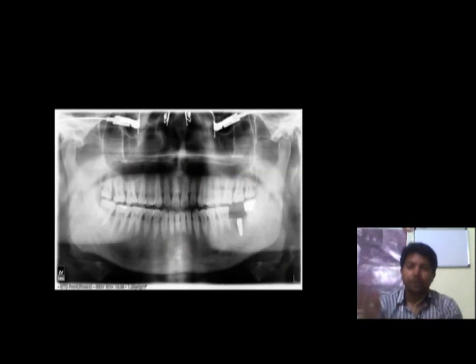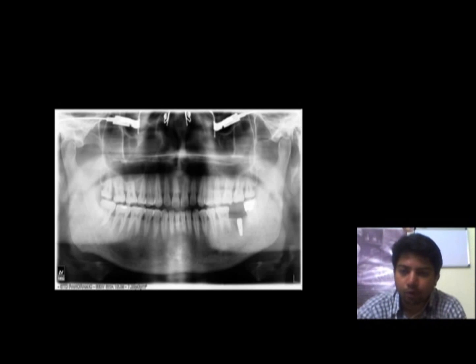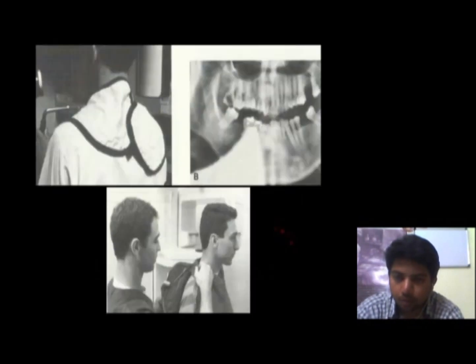Patient preparation is very important. Here in this radiograph, if we see, the patient has not removed the eyewear, which is seen in this radiograph. And the important thing which we need to remember is the lead apron should not be worn in orthopantomography, because the thyroid dose or the gonadal dose is very less in orthopantomography.